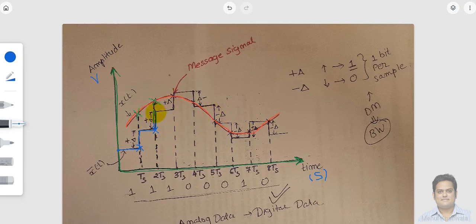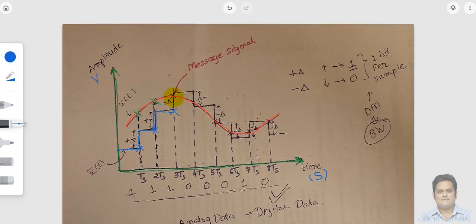Then once I have reached this point, I'm going to go all the way till I reach the next sample. Again I'm going to compare these two values: the message signal x(t) with my quantized signal X bar of t. Again I find that x(t) is greater than your X bar of t.